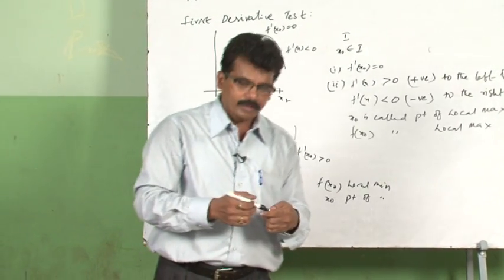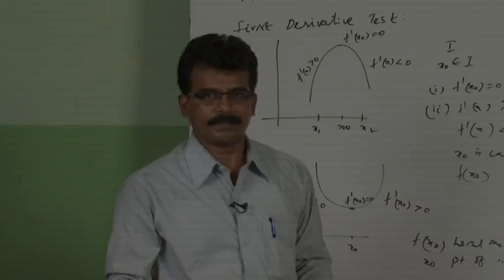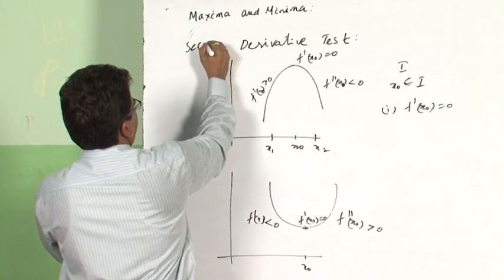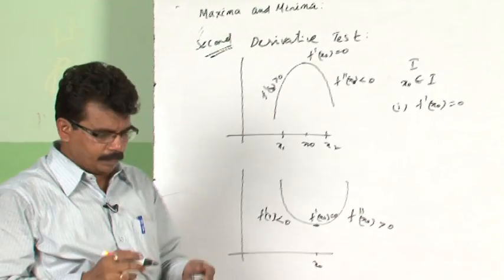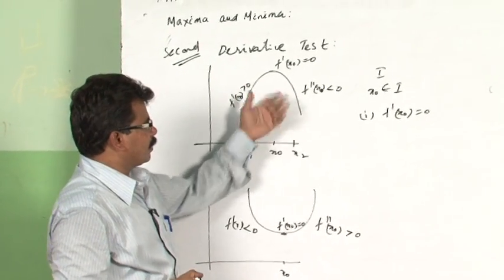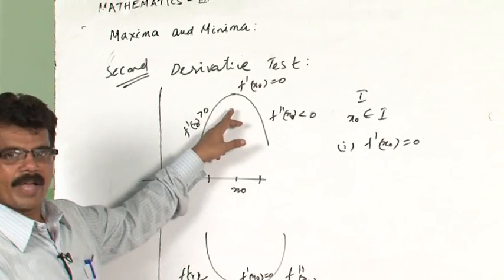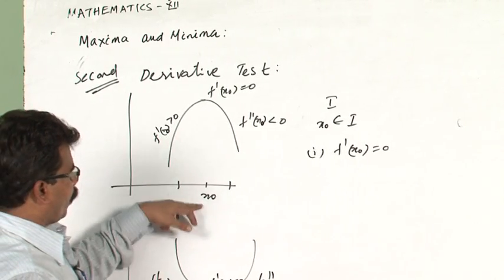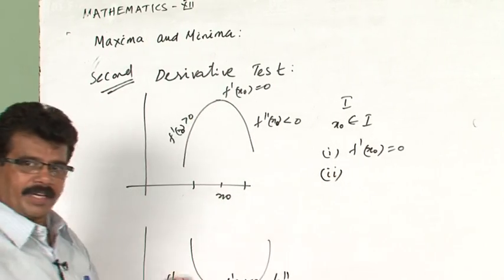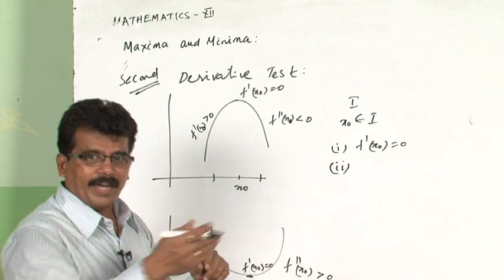But one more method is there which is very easy to find local maxima and local minima, using the second derivative test. So I will write the second derivative test. Again consider f to be a real valued continuous function. When we say the point x naught is a point of local maximum, it means at that point the derivative must vanish, that means f dash x naught is equal to 0. Instead of taking x1 and x2 on both sides of x naught, we will directly find f double dash, that means find the second derivative.